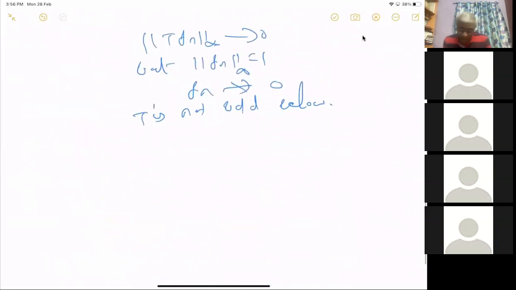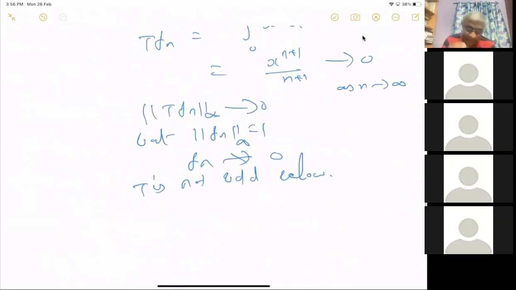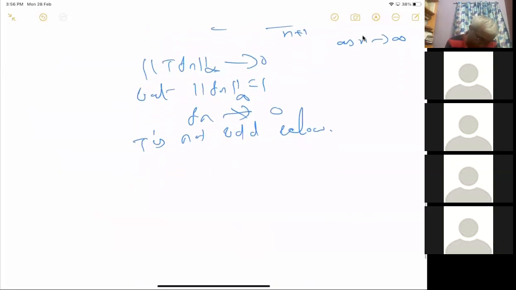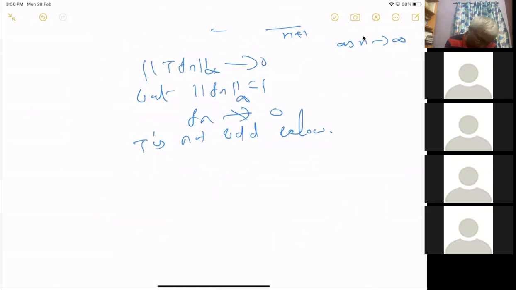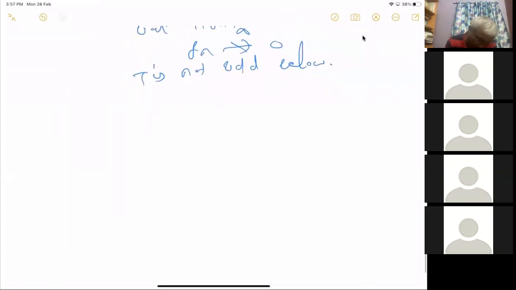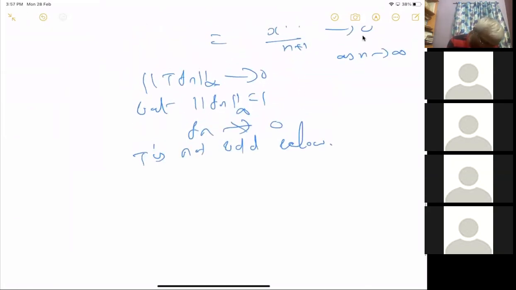Anyway, is it clear? All I'm saying is, if you take the integral operator, its inverse, well, it's not actually an inverse, because it's not one-to-one. Up to a constant, that is the inverse. So the inverse is the derivative, the differential operator, and the differential operator is not bounded. Instead, I have proved that it's not bounded below. We'll come to this differential operator again. Now we will see some corollaries of the open mapping theorem.